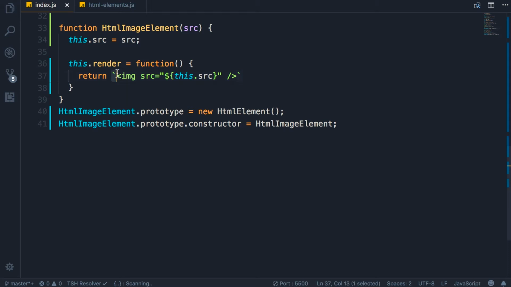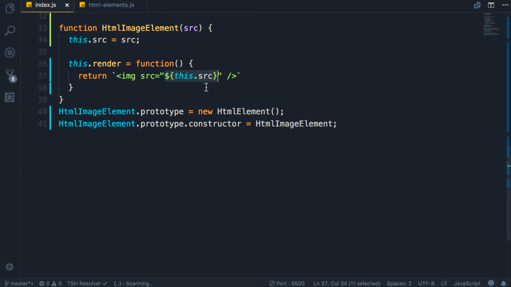So instead of a single or double quote, I'm using the backtick character, which is the character before number 1 on your keyboard. This is part of ES6, and it allows us to pass arguments to this string. Here, note that I have this argument indicated by a $ sign and curly braces. What we have inside of these curly braces, in this case, this.source, will be dynamically placed into this string